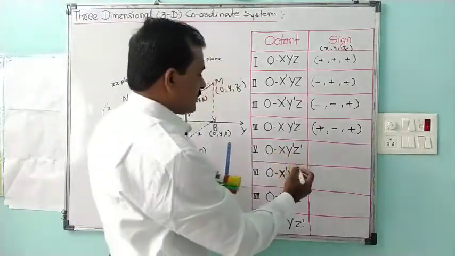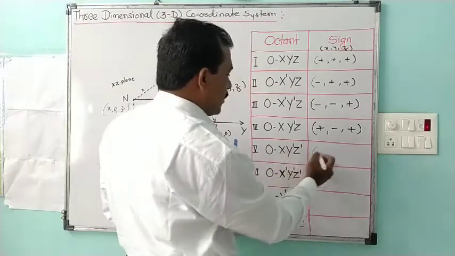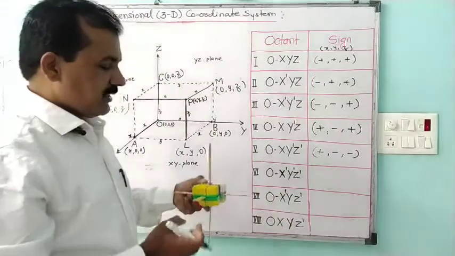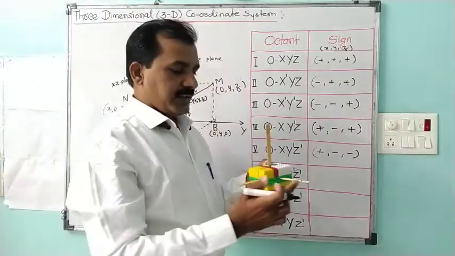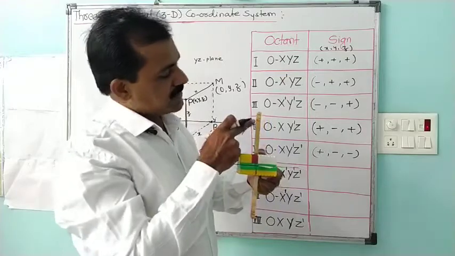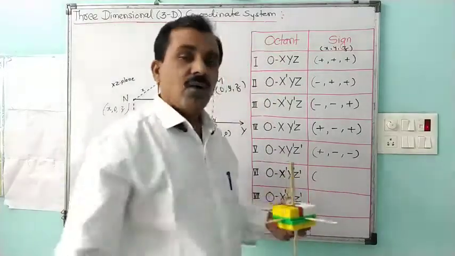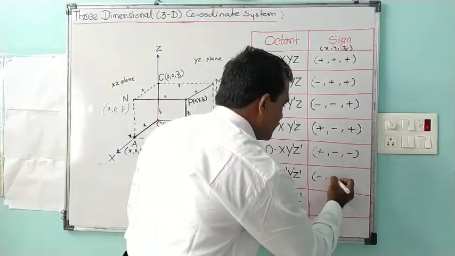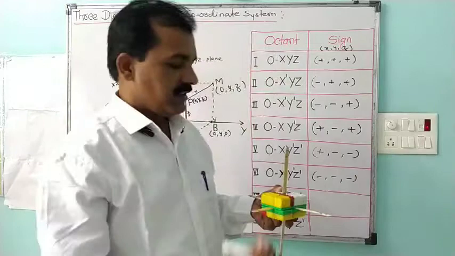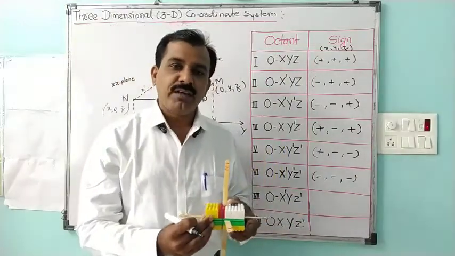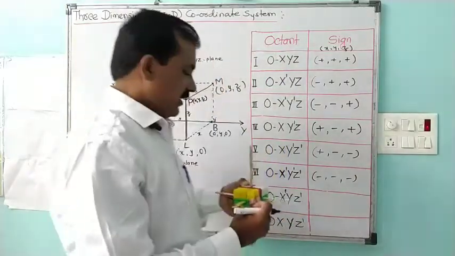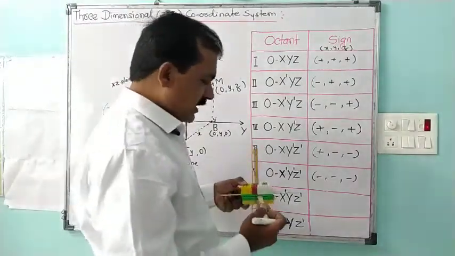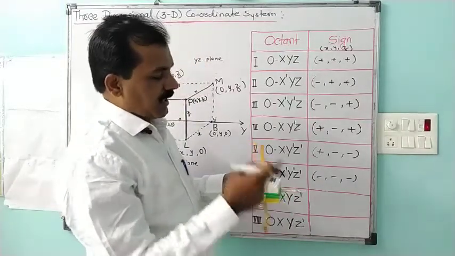That means the fifth octant will be like this, in which the x coordinate will be positive, y is negative and z is negative. After this, the sixth octant will be x negative, y negative and z negative. All three axes in this case are negative, so the coordinates of any point in this octant will be negative. When we take the next octant, that is the 7th octant, x is negative, y is positive and z is negative.